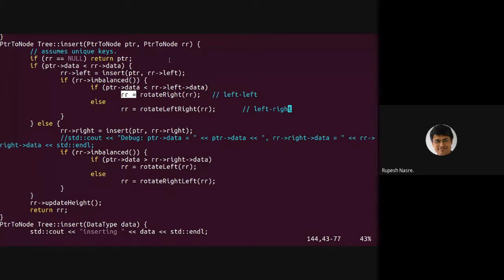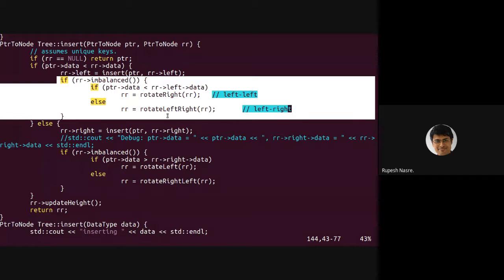RR is a local variable, although it was passed as a pointer, and we are changing that local variable. That is required because later we might want to update the height, although it might so happen that the height will get updated inside rotate right itself. But this update height is more useful when you don't do the rotations. So when we don't do the rotations, we also need to update the height.